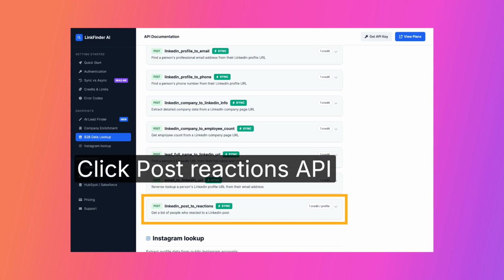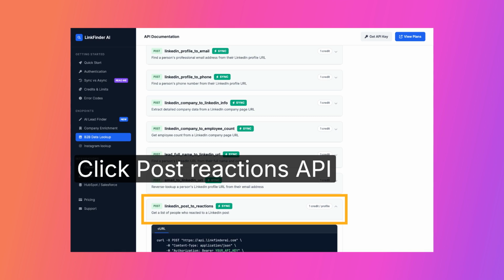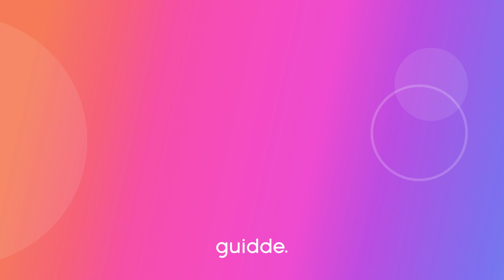Choose the API to get a list of people who reacted to a LinkedIn post with 1 credit per profile. Confirm selection of the API to get a list of people who reacted to a LinkedIn post with 1 credit per profile. This demo showcased how LinkFinder AI offers a more affordable and generous pricing model compared to Clay, along